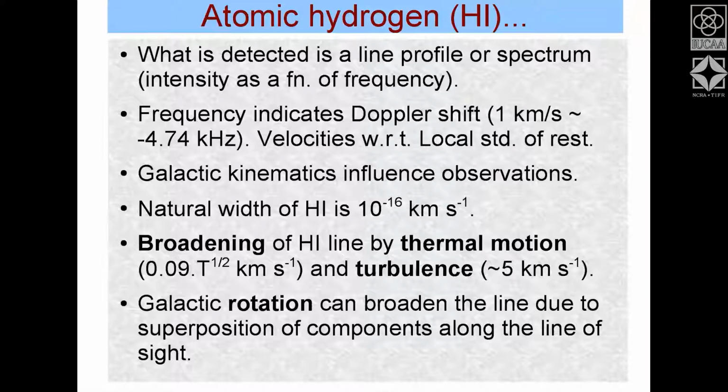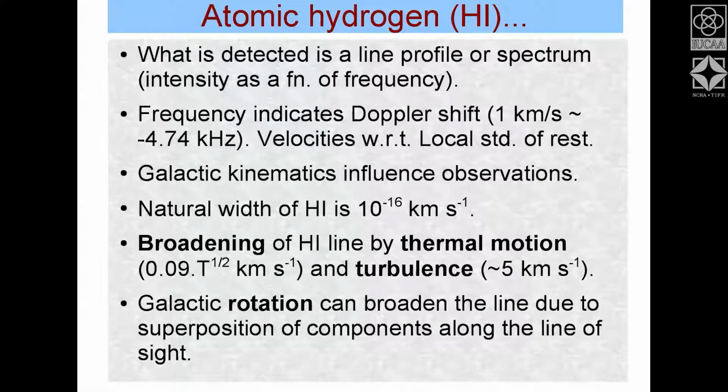That means consider a storm. If you have a storm, there will be turbulence around. It forms vortices, it forms complex motion. So this complex motion, you can characterize its effect on the line of sight velocities, that this will cause turbulence. And in our galaxy, if you're talking of the galactic disk, this turbulence can be of the order of 5 kilometers per second in HI.